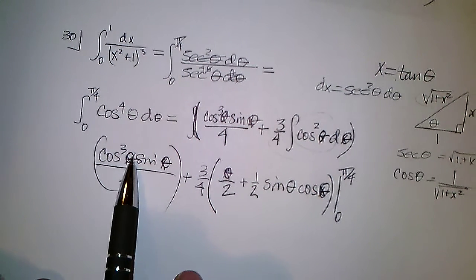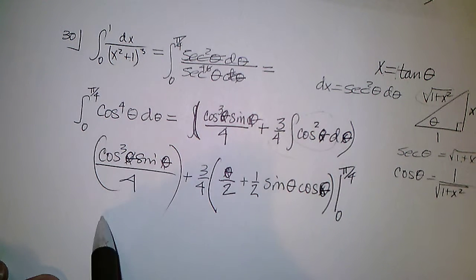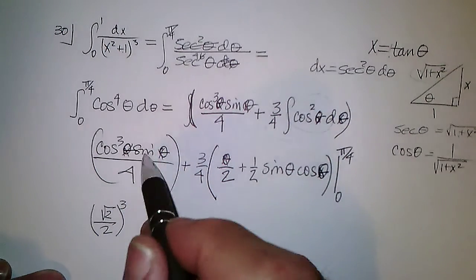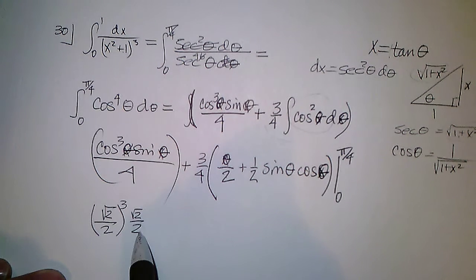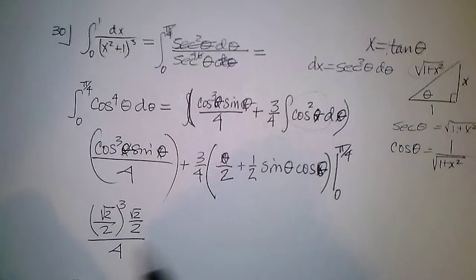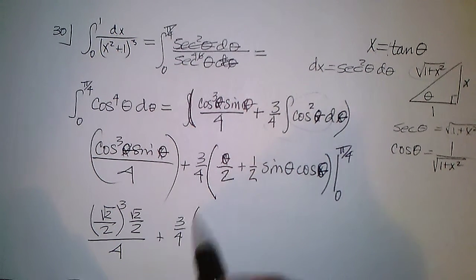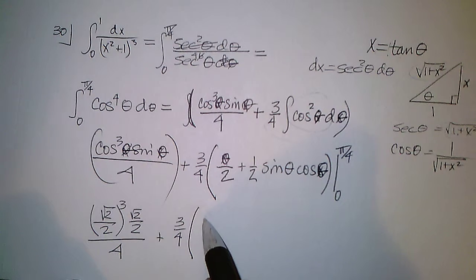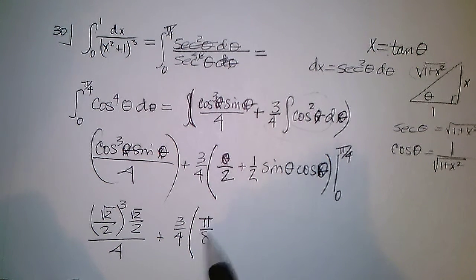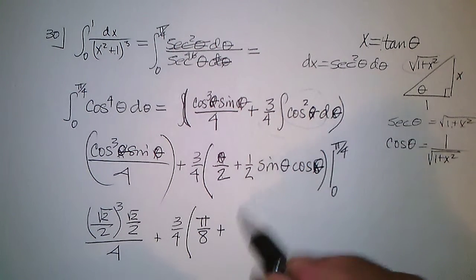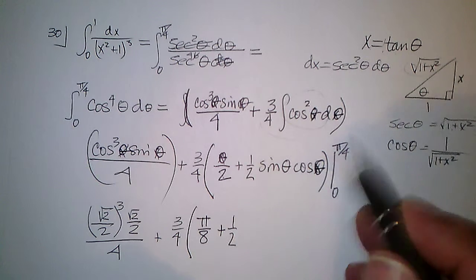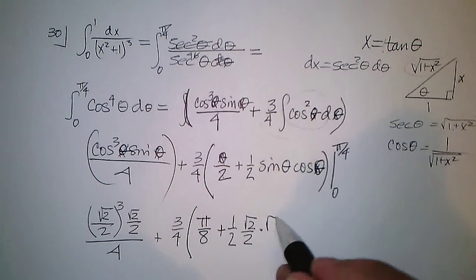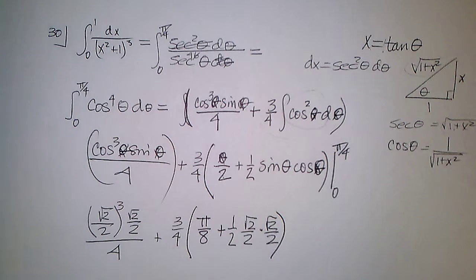So cosine of pi over 4 is square root of 2 over 2 cubed. Sine of pi over 4 is square root of 2 over 2. That's divided by 4 plus 3/4. And theta is pi over 4 over 2, which is pi over 8, plus 1/2 of sine of pi over 4, which is square root of 2 over 2. Cosine of pi over 4 is square root of 2 over 2. So we got all of that